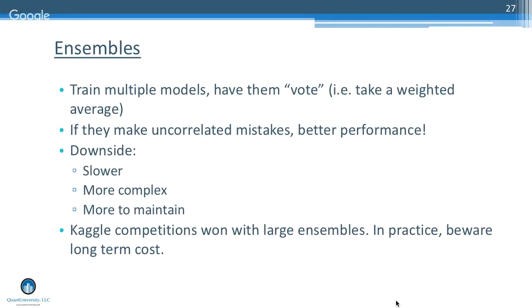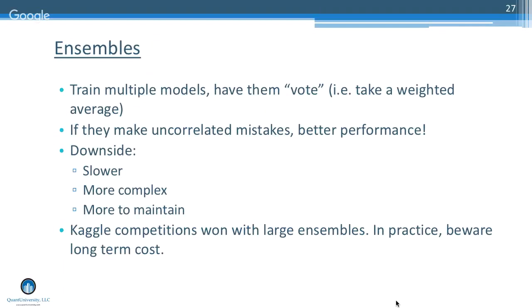Ensemble methods, right? So this is a common thing in data science in general. If you can make models that make somewhat independent mistakes, you can train lots of those models. You can average them together to get better performance. So this is sort of the idea behind boosting, random forests, etc. And you can do the same thing with networks, right? Like, I'm not sure which of these structures I should use. Well, just do both, or all 3, or all 10, and then learn just a linear weight for how to combine them. The trade-off is it takes more time, it's slower, it's more complicated to deal with.